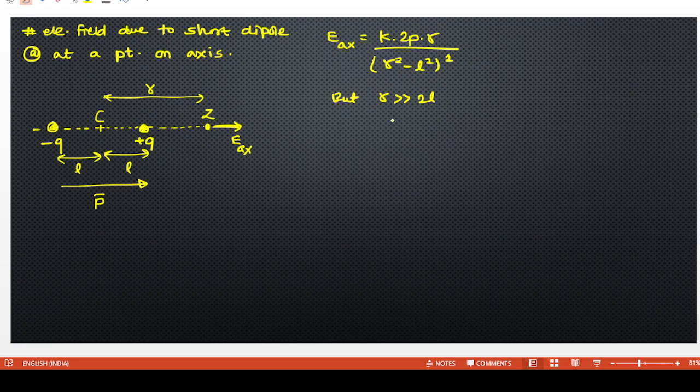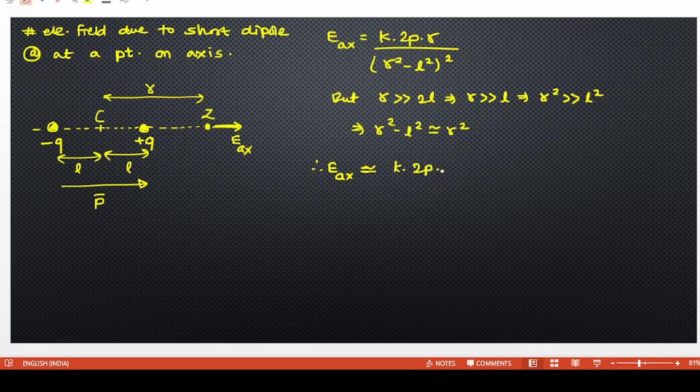So if r is very large than 2L, can I say r is very large than L, or r square is very large than L square? If r is much greater than 2L, r will be much greater than L, so r square will be much greater than L square. So what will be this subtraction? r square minus L square can be approximately taken as r square. Therefore, the electric field at a point on the axis of the short dipole is approximately equal to